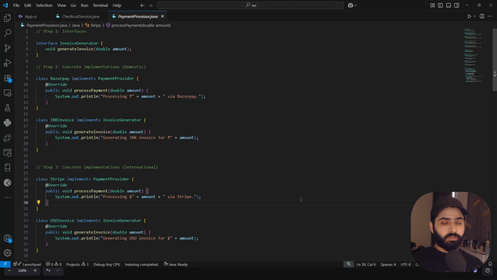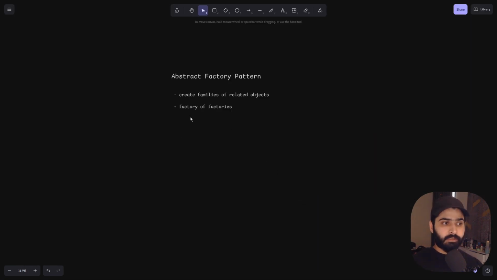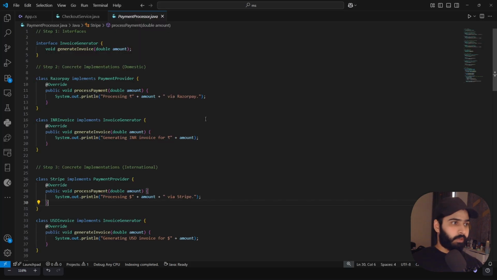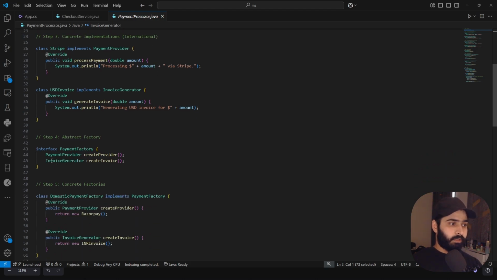Just consider this as a factory of factories. Just be with me. This is one interface, invoice generator. Let me give you the context. This is my abstract factory, which will contain two different factories: one is your payment provider and one is your invoice generator.